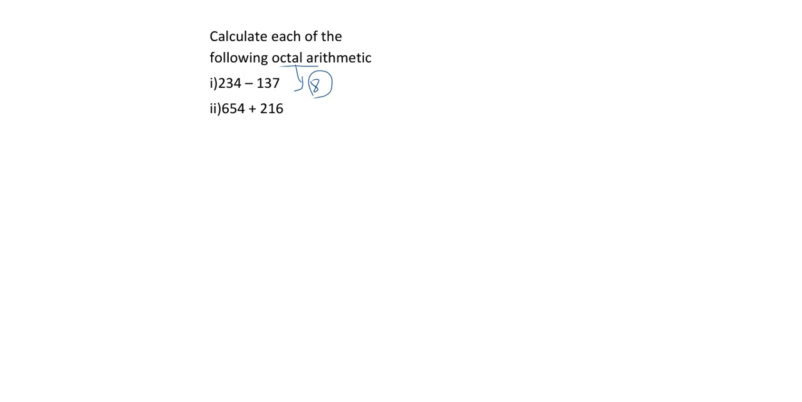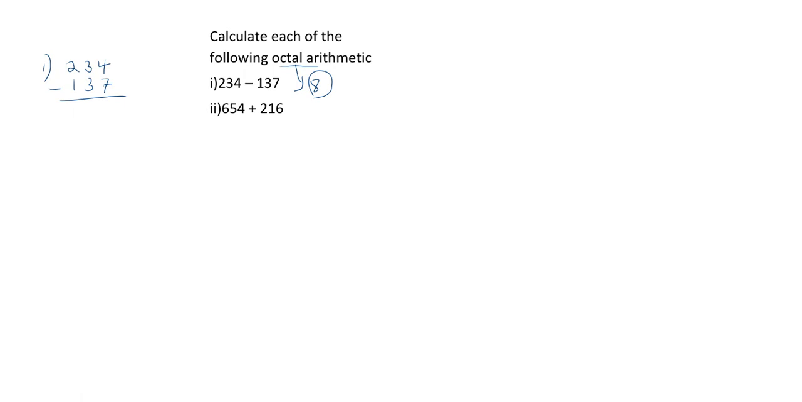So let's start with Roman 1. 234 minus 137. The first one, we have 4 minus 7. It is not possible. So what you do, the same way we do in normal subtraction, whereby if a number is not able to be subtracted from the other one, you borrow one and